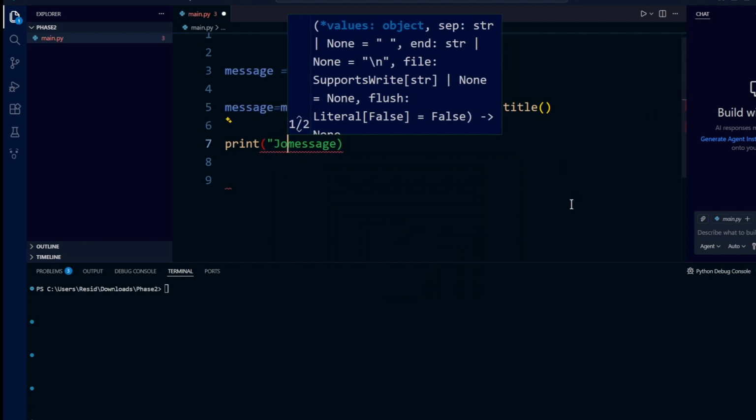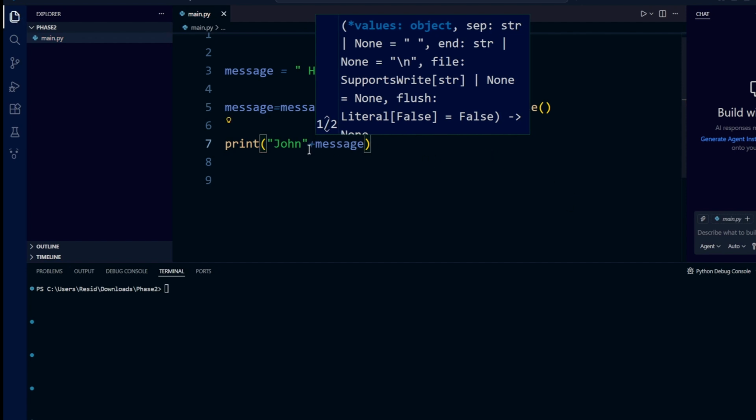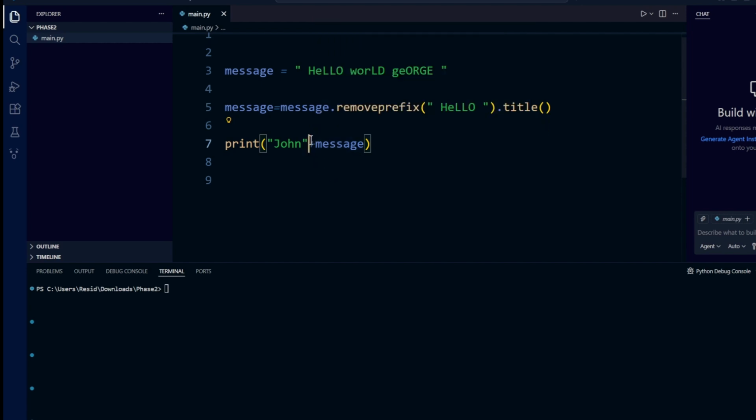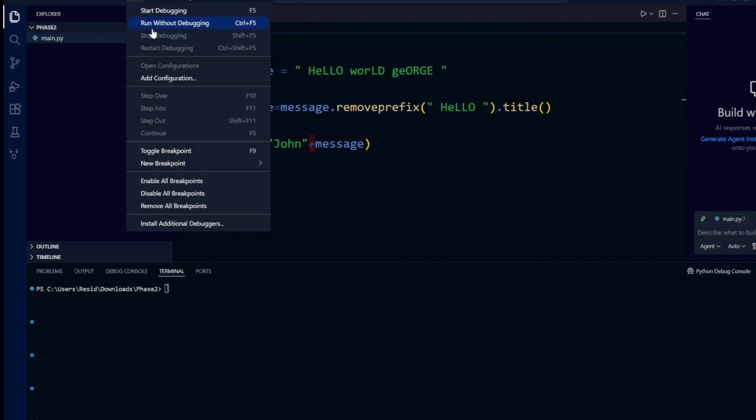So I write John. You type that. And now let's say I want to directly merge with this John, right? I will put plus. So this means there's not going to be any extra spacing when you put plus. If I would put comma, there's going to be spacing. So let's see. If I print and run,